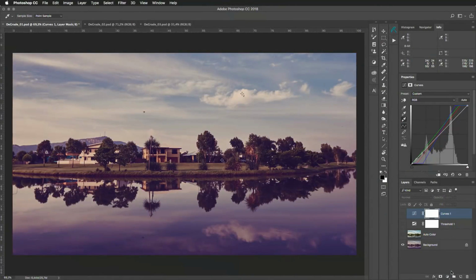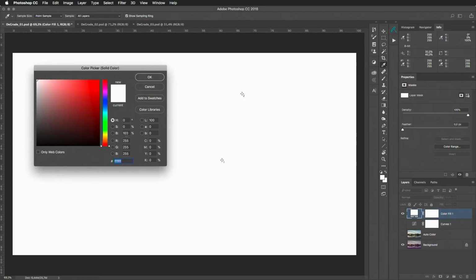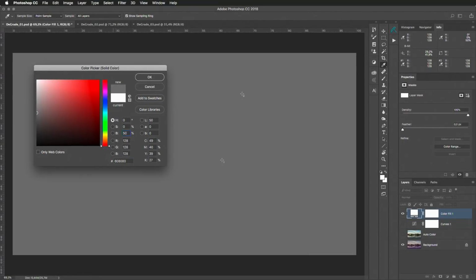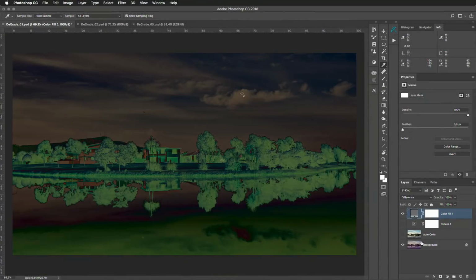Therefore, I will deactivate the curve at first, delete that threshold layer, create a new layer, neutral gray, and therefore I will fill this with 50% gray and set the mode to difference, which first leads to quite a ridiculous look, but we need